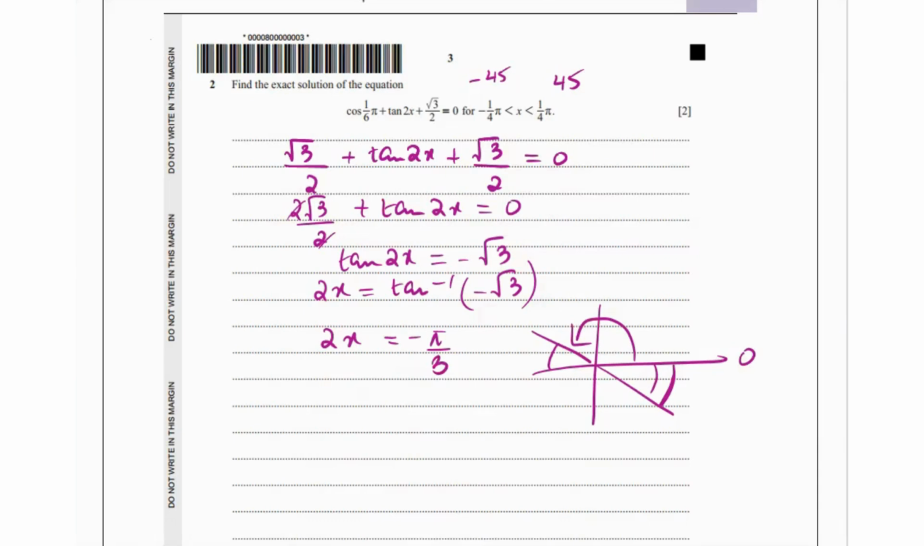So our angle is going to be 2x equals negative pi by 3, and x is going to be negative pi by 3 divided by 2. Because we make x the subject, so 2 divides pi by 3, so it's going to be negative pi by 6. That's the answer. Then it says solve the equation 4 sine to the power 4 theta plus 12 sine